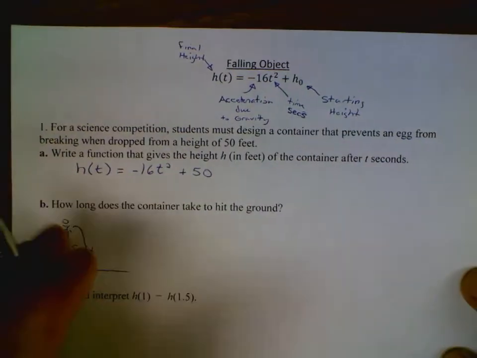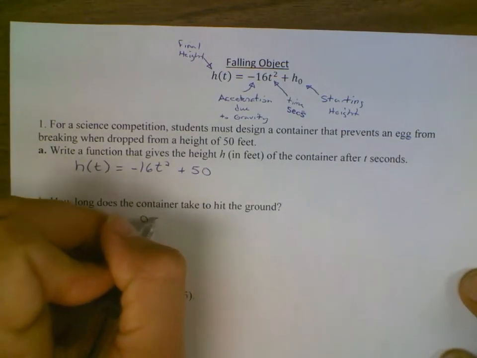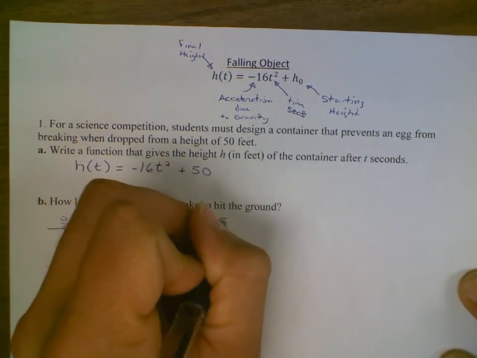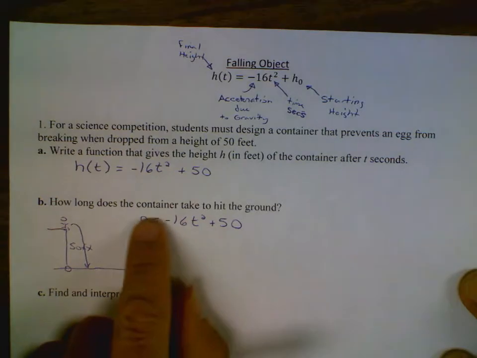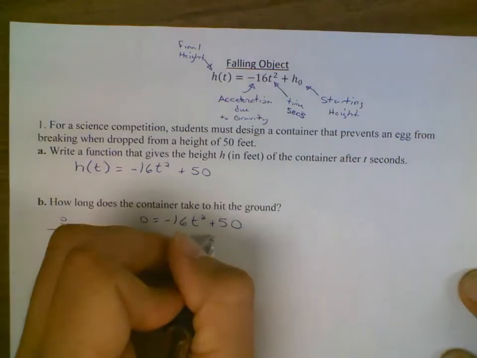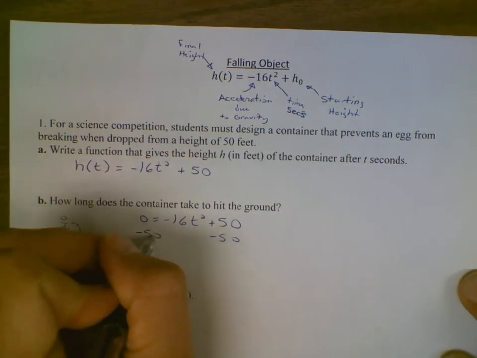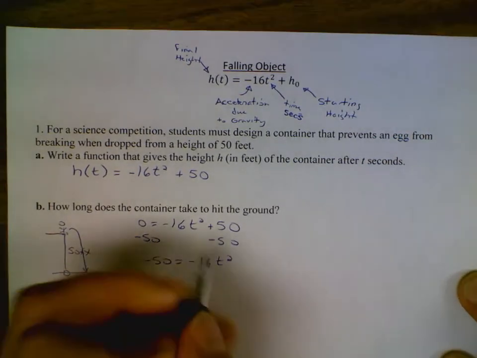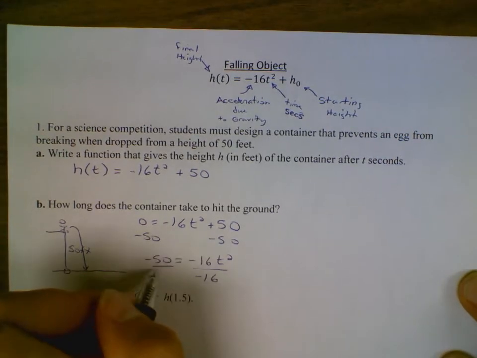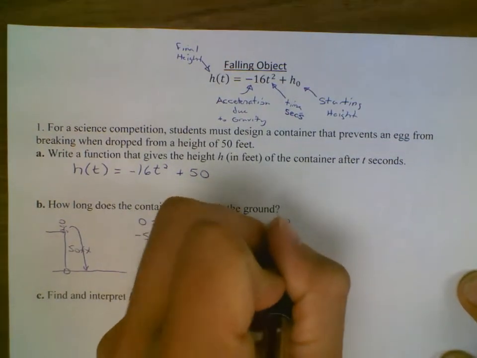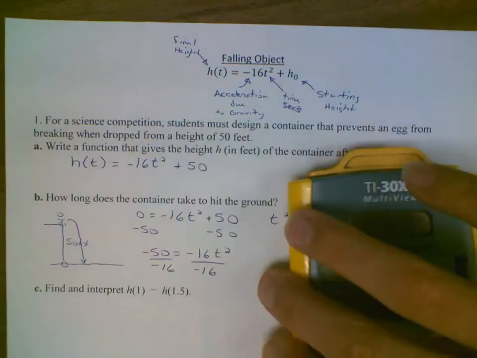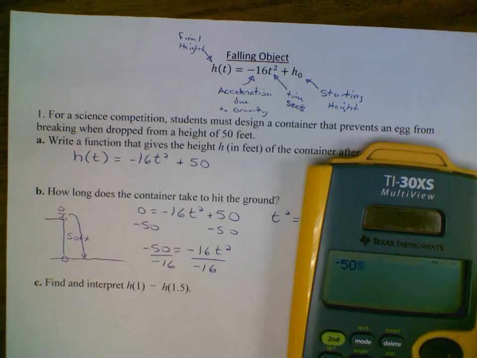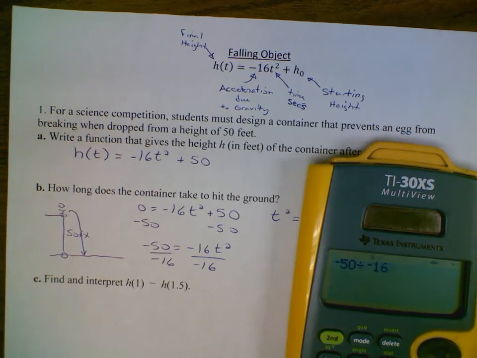So what we're going to do is for h of t, we're just going to plug in zero. So I get 0 equals negative 16t squared plus 50. And then I just solve this guy for the time. So I would minus 50 to both sides. That's going to give me negative 50 equals negative 16t squared. I'm going to then divide by negative 16, and I'll get t squared equals 50 divided by 16. So if I take negative 50 divided by negative 16, I get